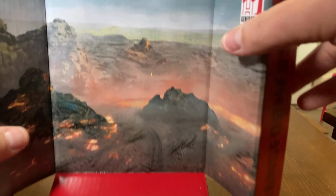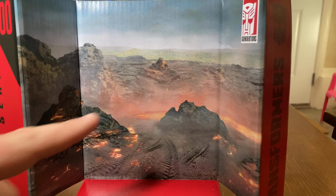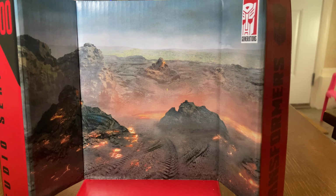And we'll bring in the backdrop. So it shows here that the backdrop takes place near a volcano site. I can't be 100% sure because we have not seen any official scenes from that part yet. But I'm willing to bet this is going to be from where the final battle takes place between the Autobots, Maximals, and Terrorcons. And I'm willing to bet there's going to be a final stand where a whole bunch of Terrorcons come from right in this area. Now, I could be wrong, so don't quote me on it. If I'm wrong, I'm sorry, but